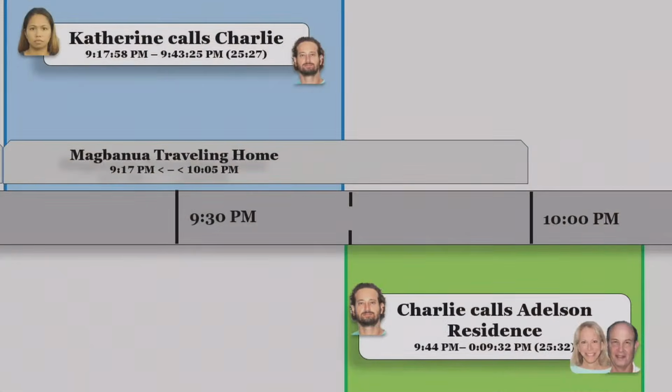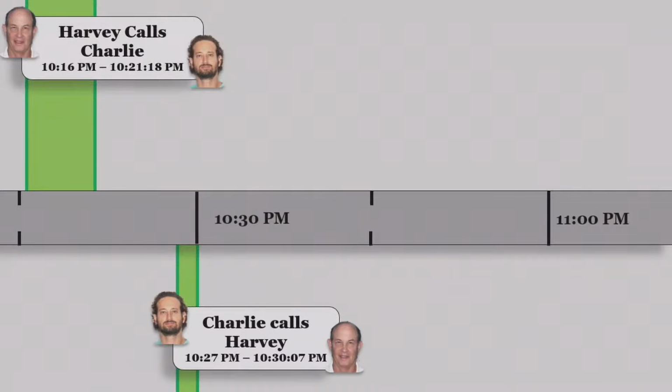Slide 117. We don't know what was discussed between Charlie and whomever he was speaking with at the Adelson residence, do we? We do not. 119. We don't know what was discussed between Harvey Adelson and Charlie Adelson.